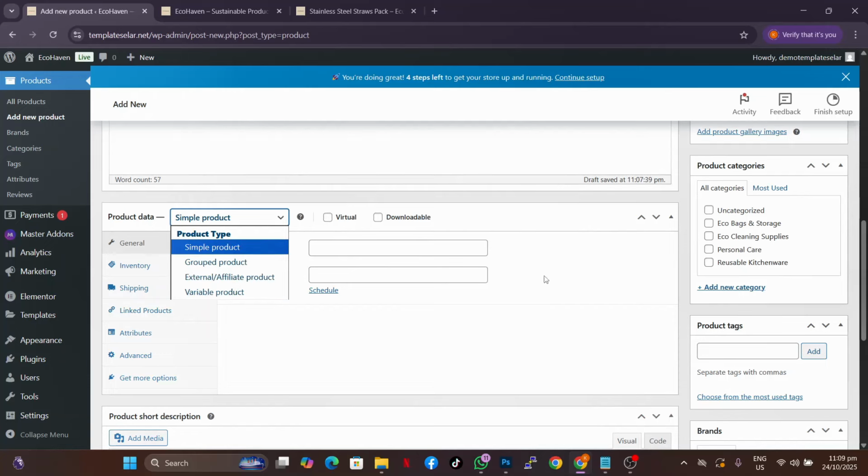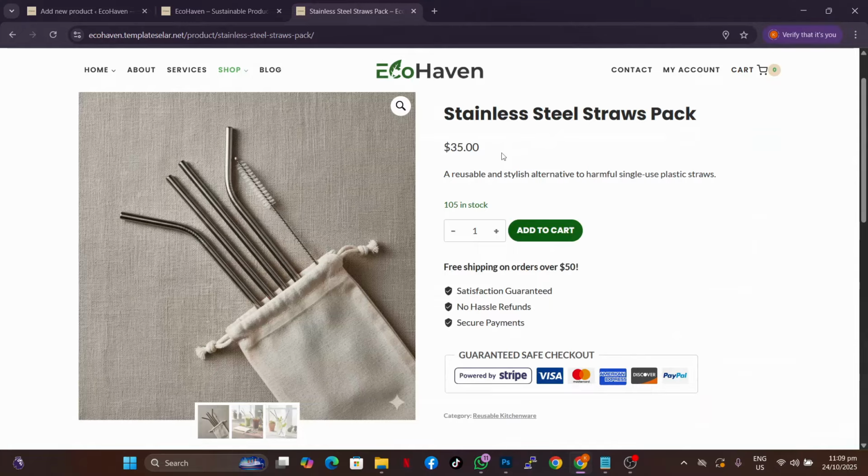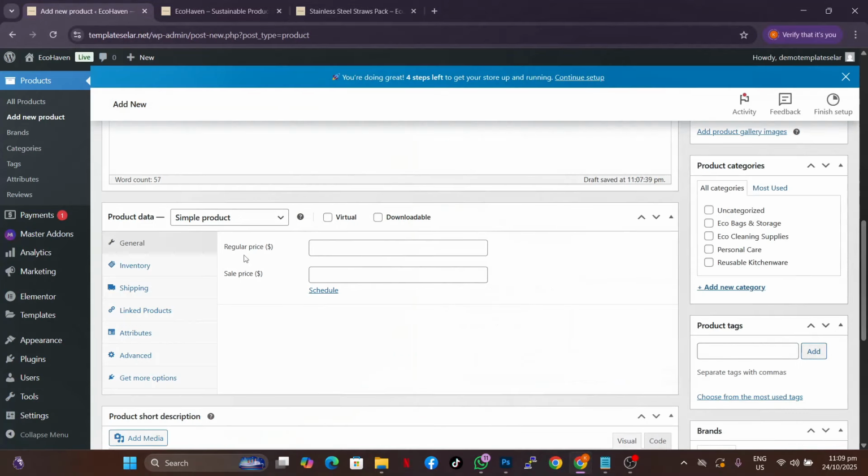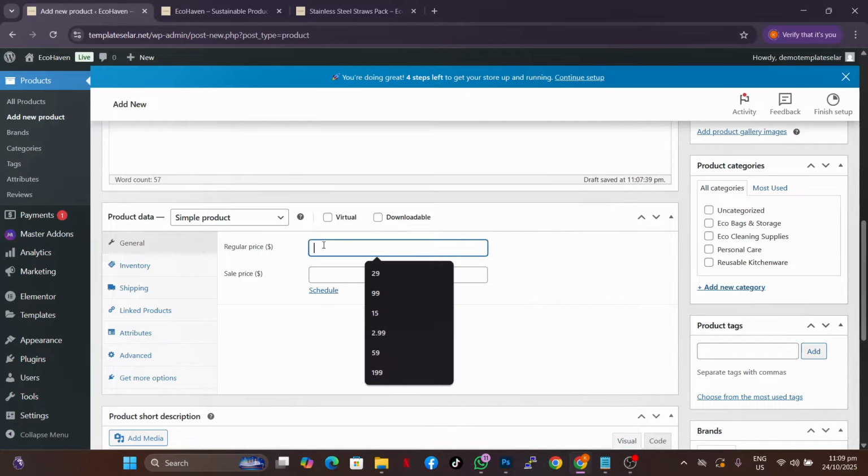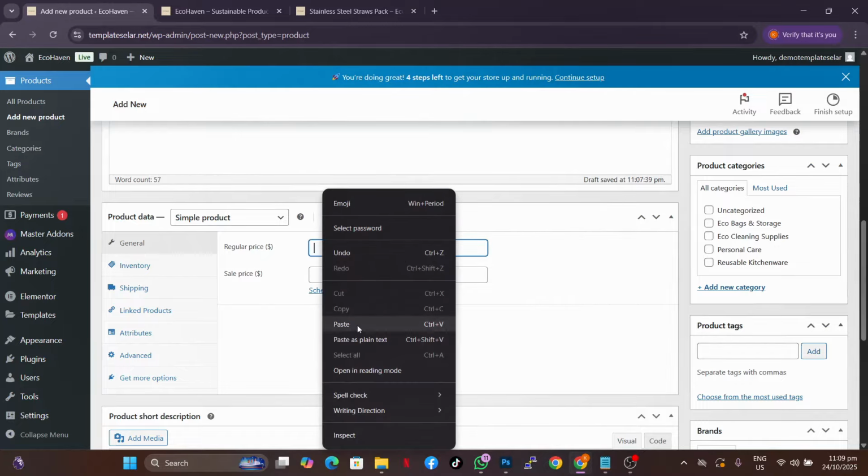So what I'm going to do is create two things for you. One, simple products, and the second one, how to create a variable product, and then based on it you can do your own thing. So the first one that we are creating is just a simple product over here. So let's look at the product price. It is just 35 cedis, $35, sorry. So we're gonna put it over here, just paste it,